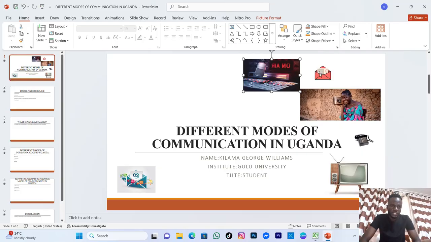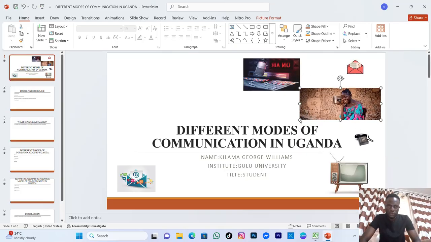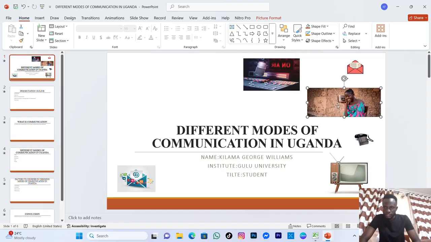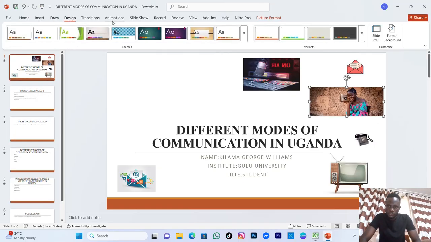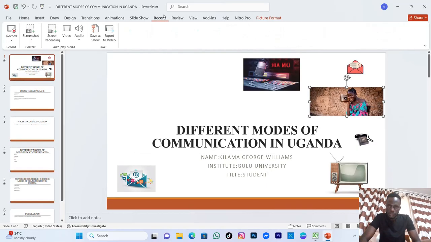We have an envelope here. Perhaps you are sending a message, I mean you're writing a letter. It's also a mode of communication. And here we have options of how you can design your